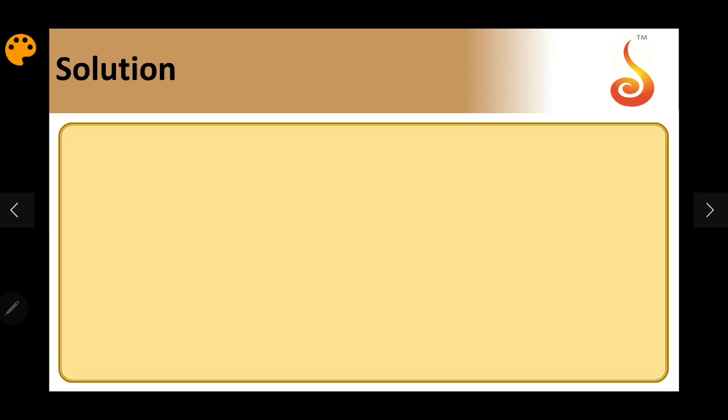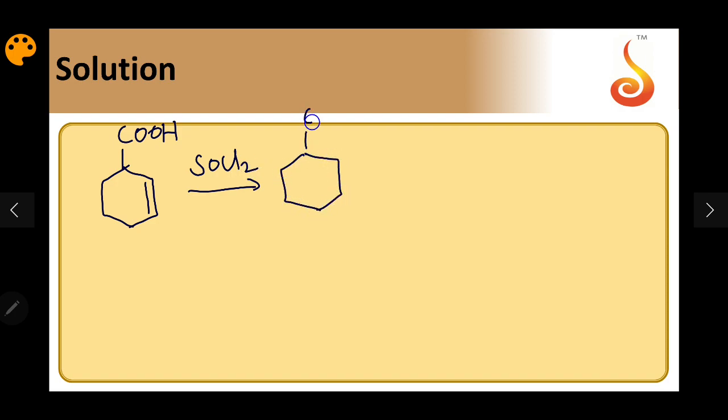The first one is given: cyclohexane ring with one double bond inside and carboxylic acid, reacted with SOCl2, so carboxylic acid should become acid chloride. So this is the product for the first one, and the second one,